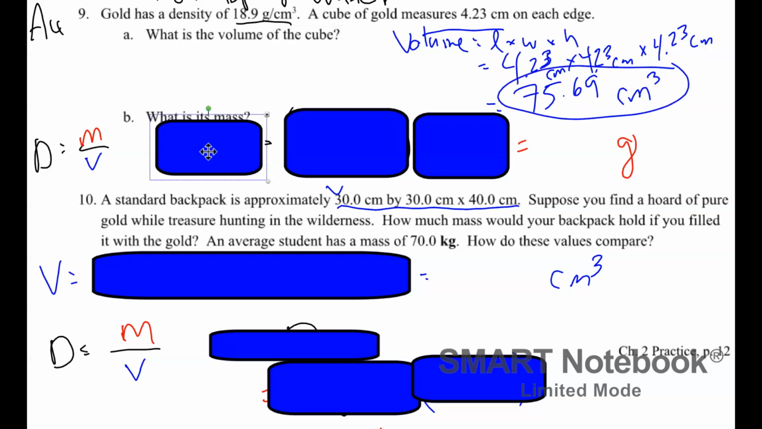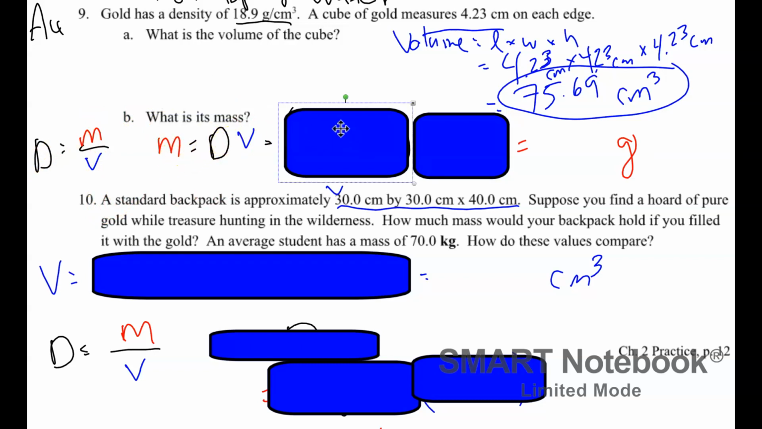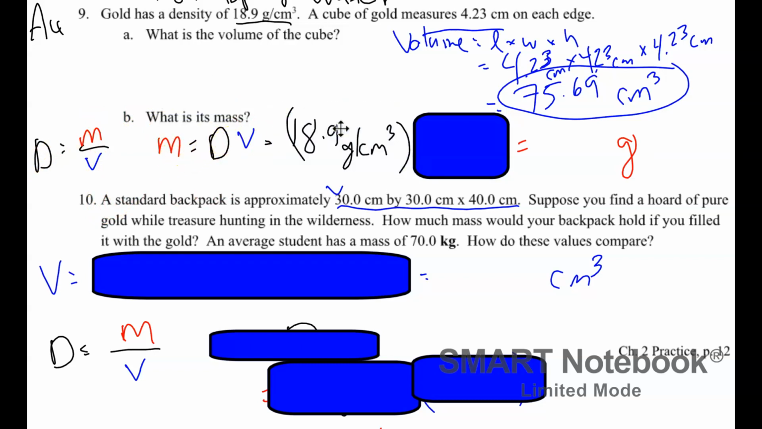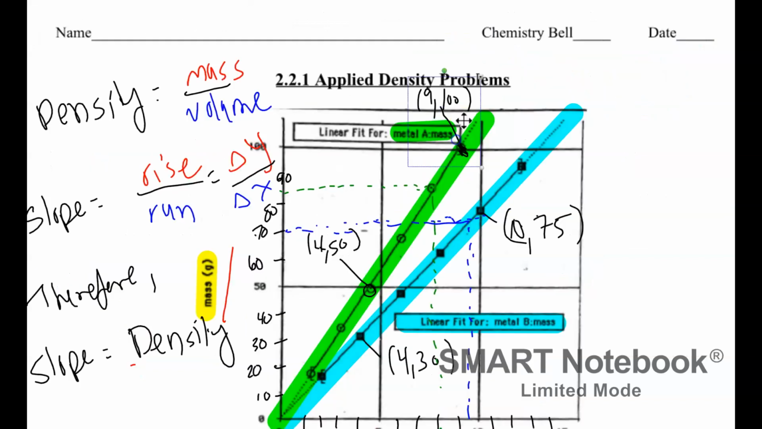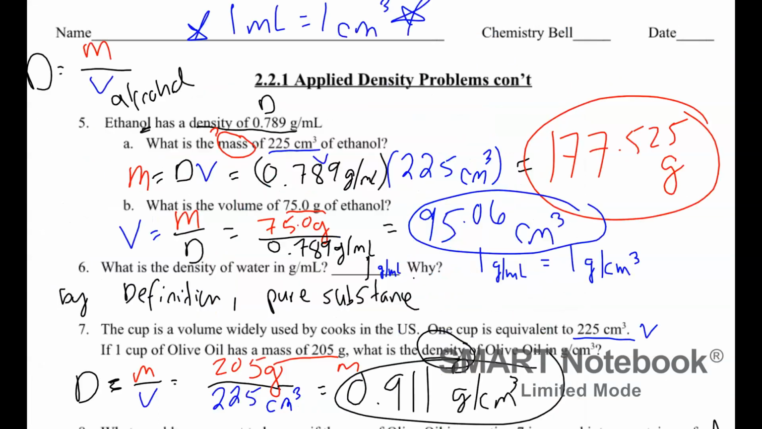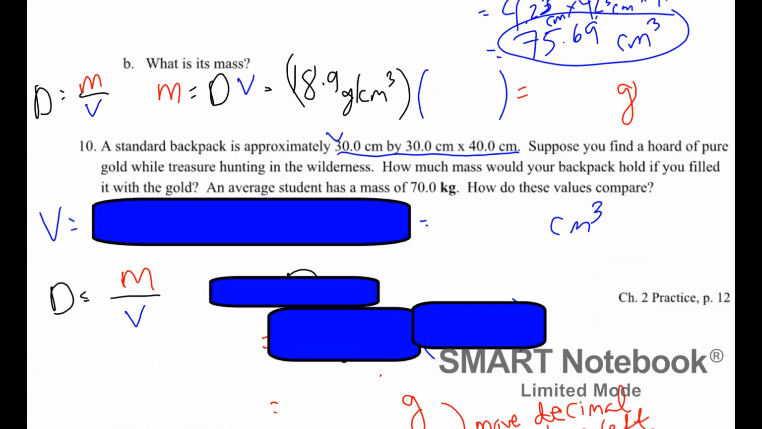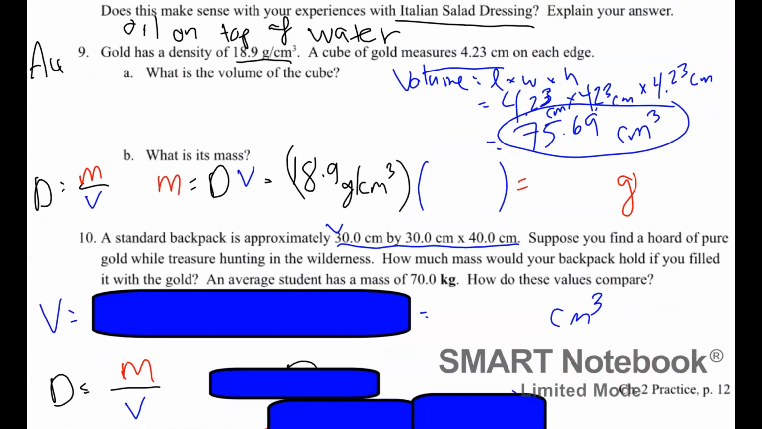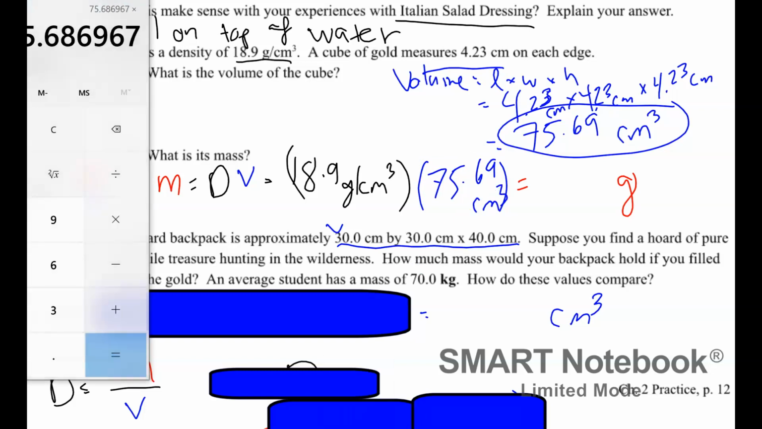Okay, what is the mass? Well, density is mass over volume. If we rearrange and solve, mass is density times volume. So let's plug in what we know. Density is 18.9 given in the problem. And the volume we just solved for. So the volume we're going to plug in is 75.69 centimeters cubed. Okay, so we're going to take that times 18.9, and we get